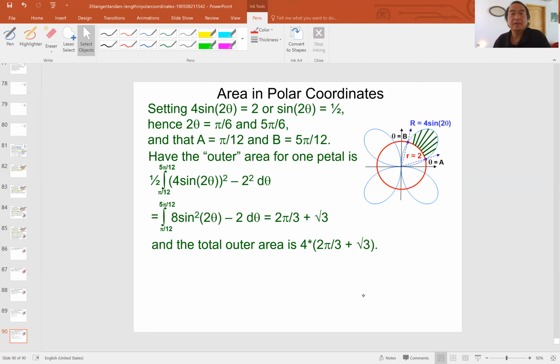So these are the basic algebra-type problems for area, arc length, and the derivative problems using polar